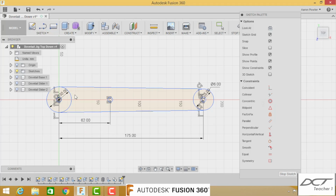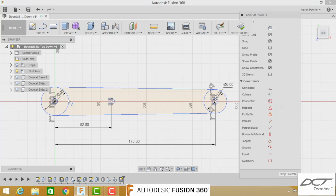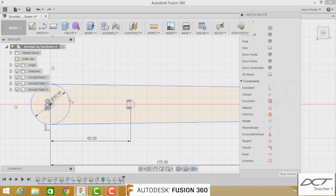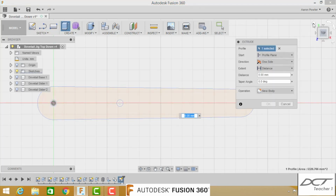Rightio. We need to trim this circle here and this one here. So T, the trimming tool is T for trim. If you're unsure of that, click down here, you can see trim there, but the shortcut key is T. And we're going to just clean this one up here. That one there. Okay, we're going to extrude this down, E for extrude, and click my body into my home